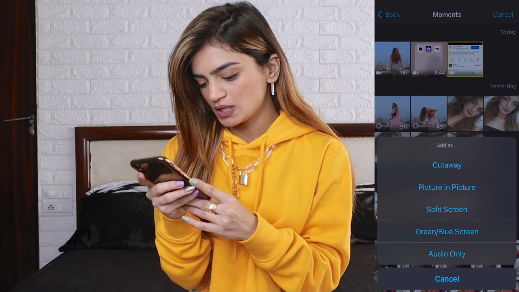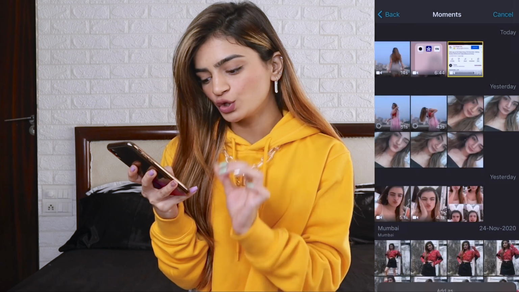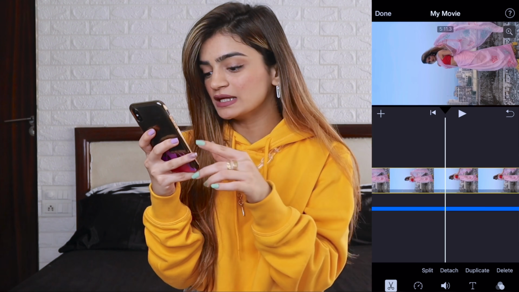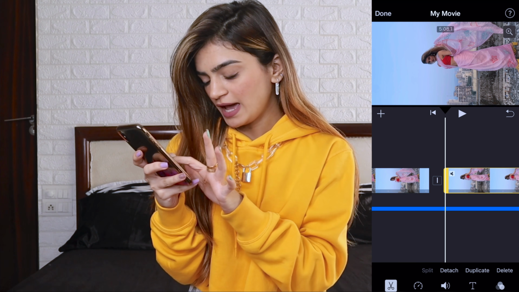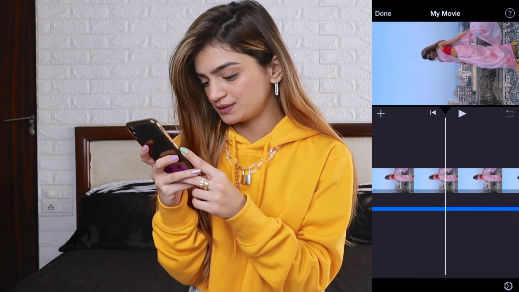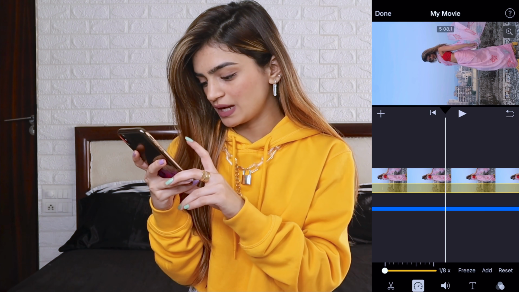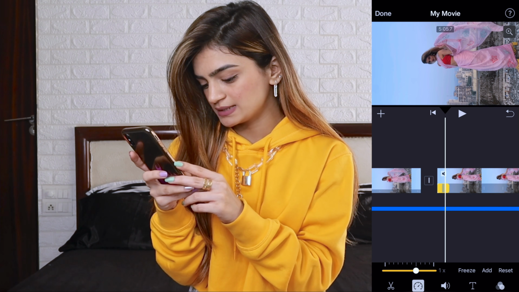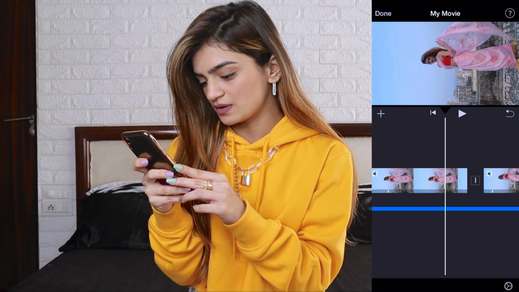For adding the sound, I've already screen recorded the part that I want. Click on it and go to the option of audio only. Now we're going to be doing the fast slow thing. Why I use iMovie is because we can easily edit the slow-mo part which is taken in iPhone. It's really easy. You just split that part and you can click on this timer part and click on the add part so that you can edit this and make it normal. So now we will get the fast slow thing.